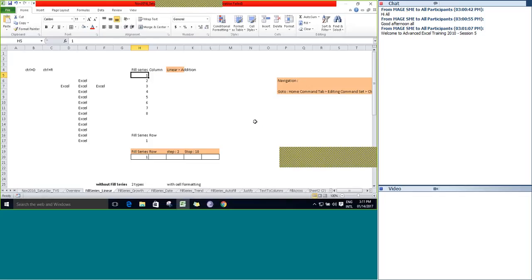Right? So you can see the pattern of a string is generated for a user starting with 1 and ending with 8. The reason why it is ending with 8 is because we gave the stop value as 8 and step value as 1.